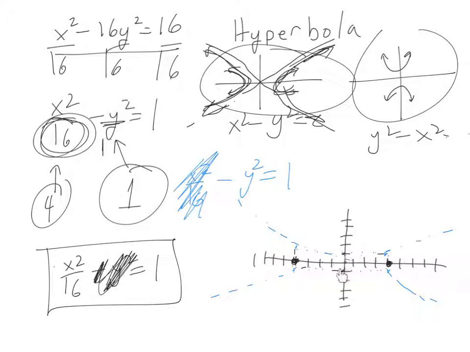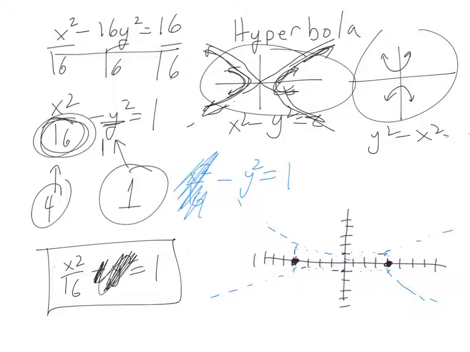So while these points on the y-axis are instrumental because they help me get this rectangle correct, which helps me get these asymptotes, they're not actually on my graph because this thing led with the x squared. When the equation leads with the y squared, everything I said is exactly the opposite. So now I know this point's on the graph and this point's on the graph,